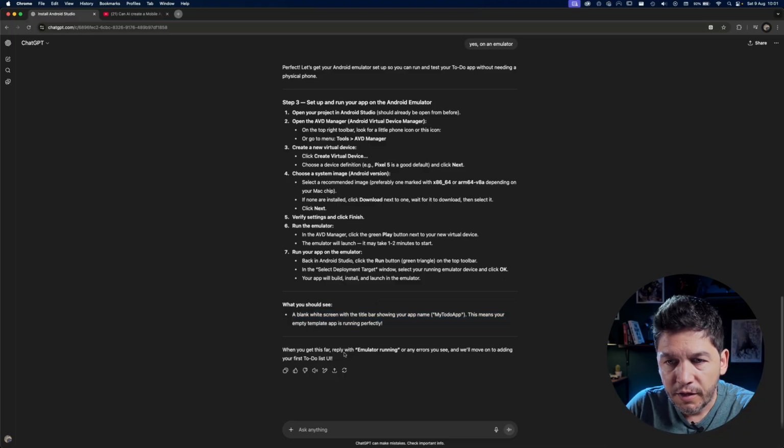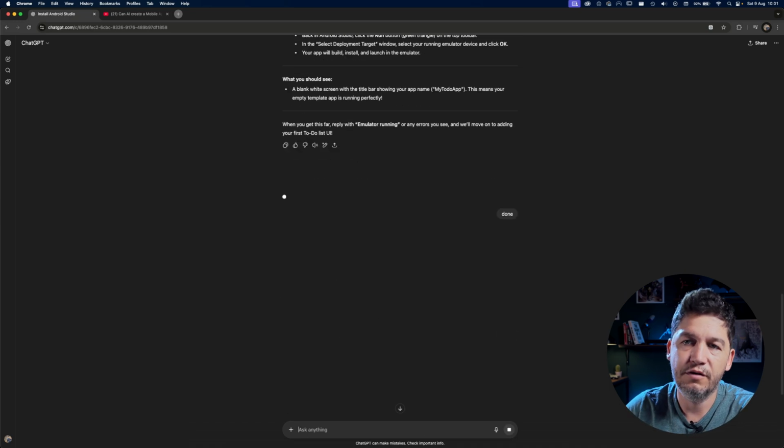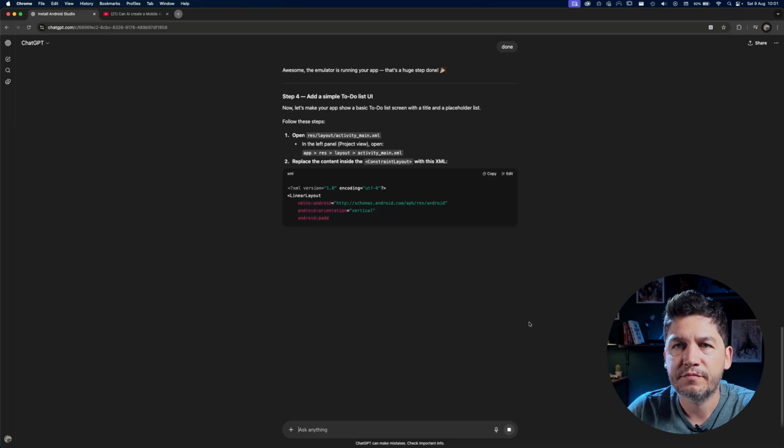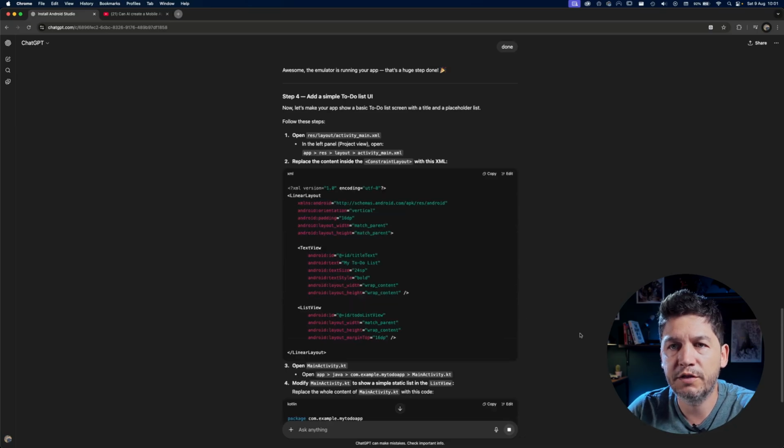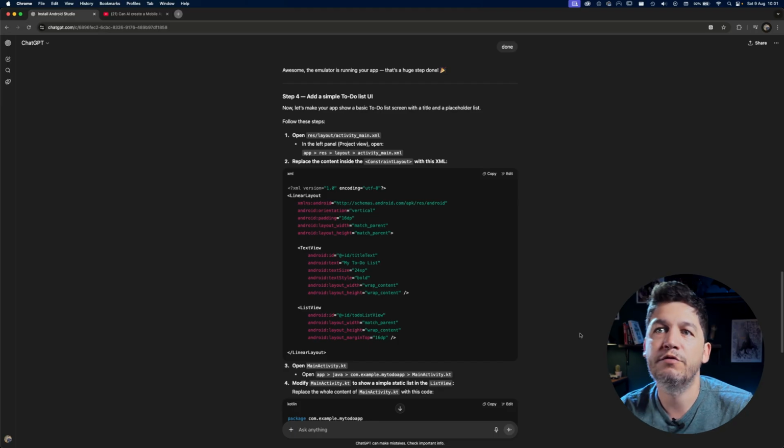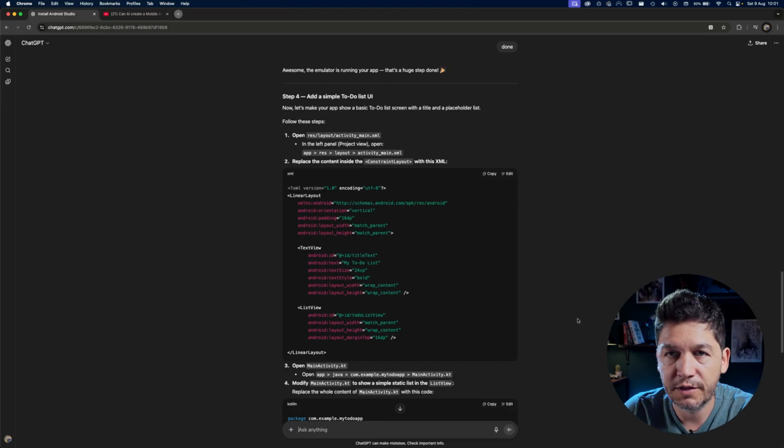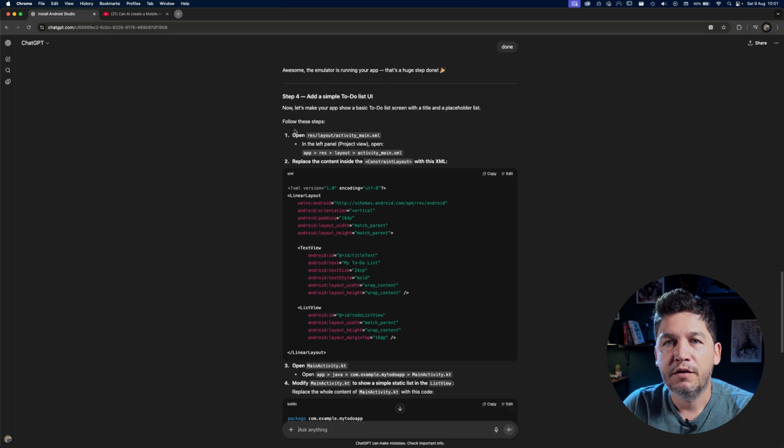When you get this far, reply with emulator. I'll just say done. Done. Awesome. Step 4. Add a simple to-do list UI. Okay, now let's make your app show a basic to-do list screen with a title and a placeholder list. Follow these steps. Okay, so it's